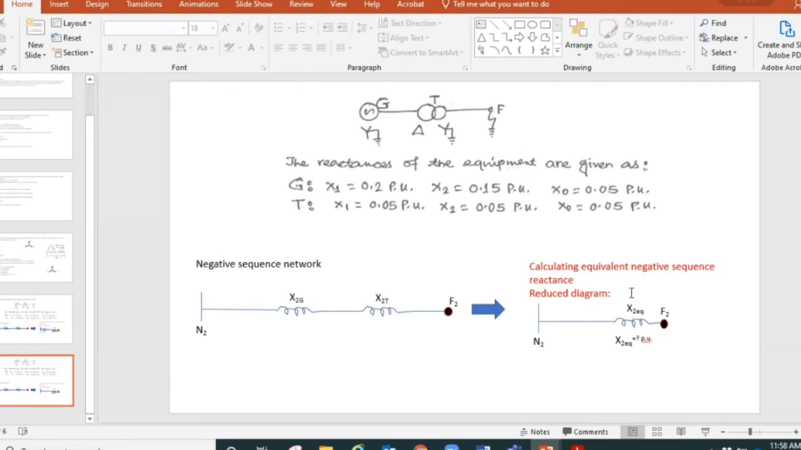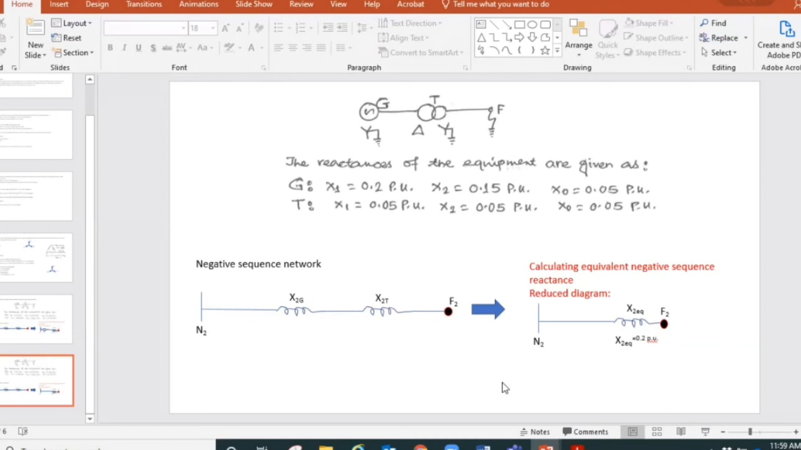So what is the equivalent negative sequence reactance on the reduced diagram? What we have here, 0.15 and 0.05, they are connected in series, so it's 0.2. Is that correct? Yes, sir. So everyone got how we drew the negative sequence network and then reduced it to get the equivalent